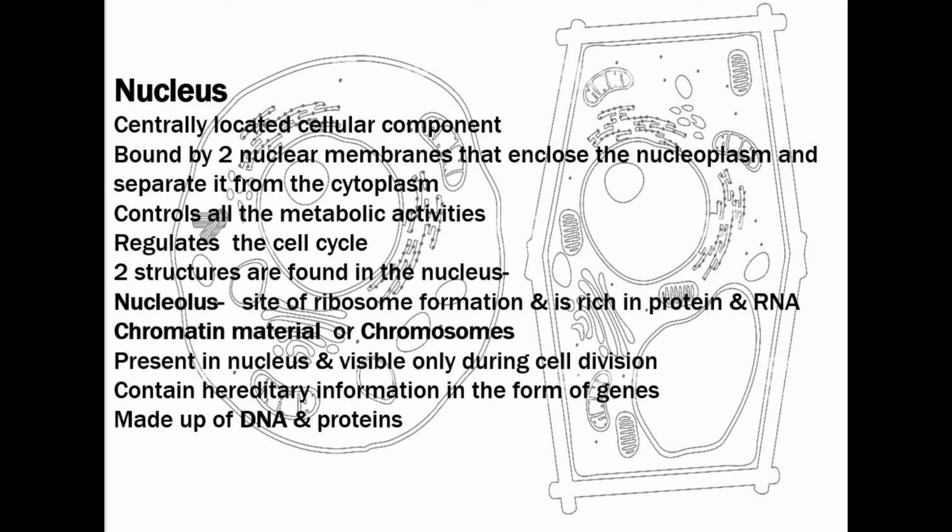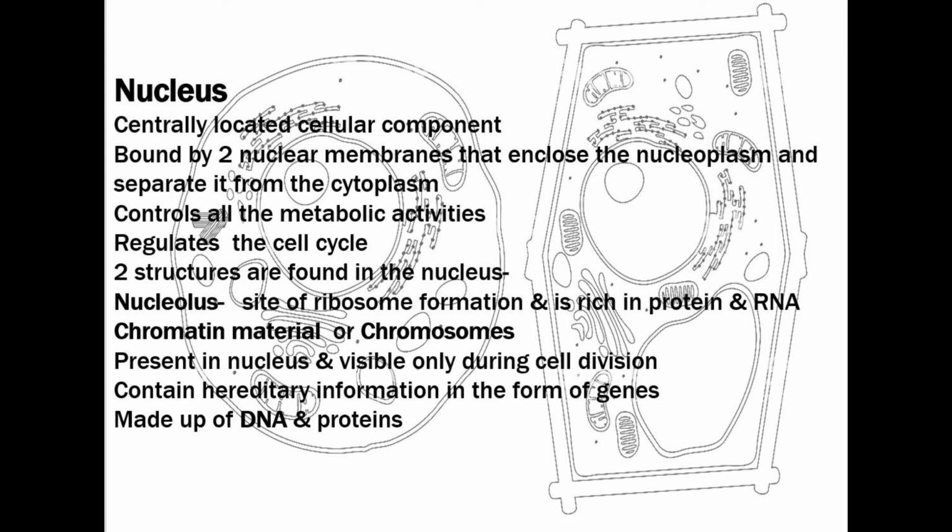These membranes actually separate the nucleoplasm from the cytoplasm. The nucleus controls all the metabolic activities, whatever we are eating, whatever metabolism rate we need, it controls everything, and regulates the cell cycle. It is a kind of master of the cell, you can say. Two structures are found in the nucleus. What are those? One is nucleolus,